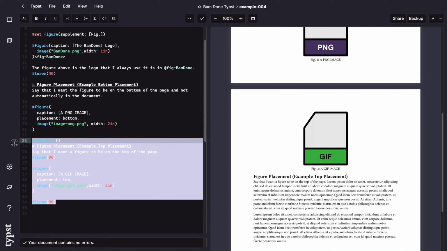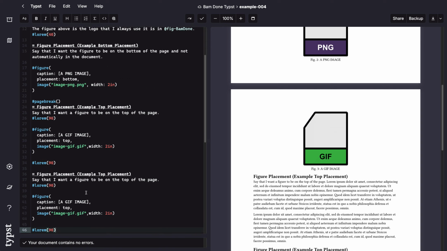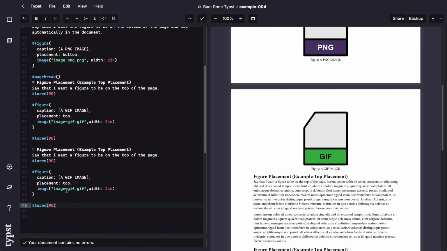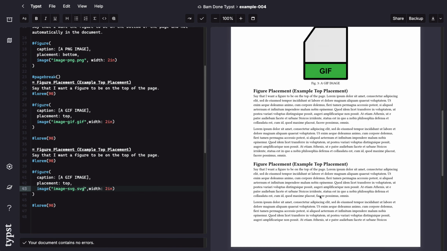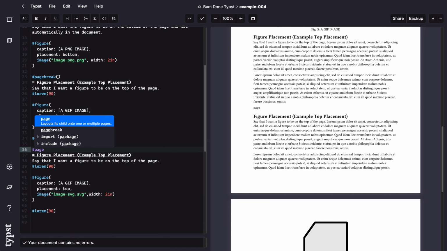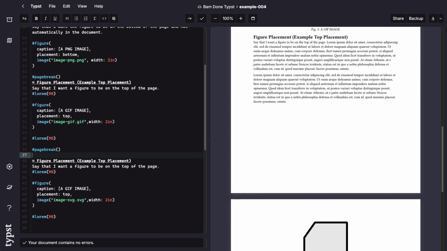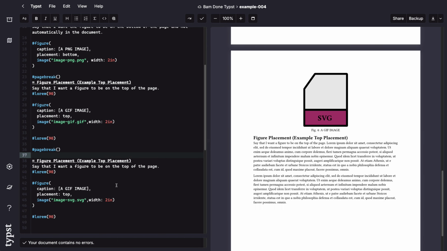Now, let's just copy this whole thing just for the sake of time. And now instead of doing a GIF, we'll do an SVG. Okay. And now we're going to do a new page here. Page break. Okay. So now I'm on a new page, just the exact same thing. In fact, I didn't even update, so I need to make this SVG. Okay. Maybe it's an SVG. Okay, so an SVG image is now on the top,